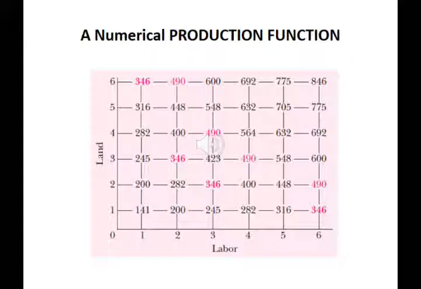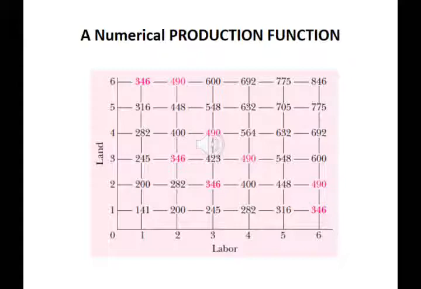It's an example of a production function where we have a two-dimensional figure where we have on the x-axis the amount of labor used, and on the y-axis the amount of land used. And in the middle we have the amount of total product, or the level of output, that will be produced using different combinations of labor and land. Okay, so we are going to use this numerical example, as I said, to clarify three of the concepts that